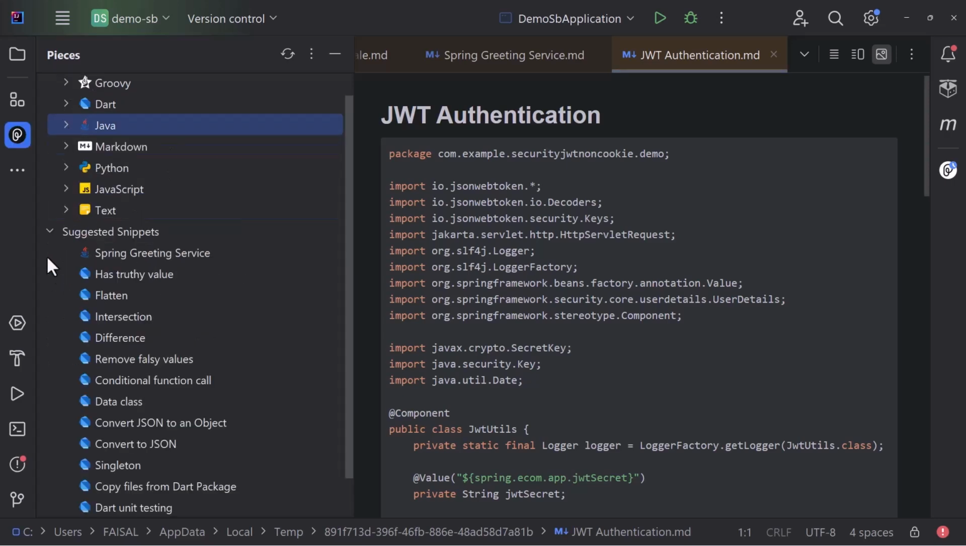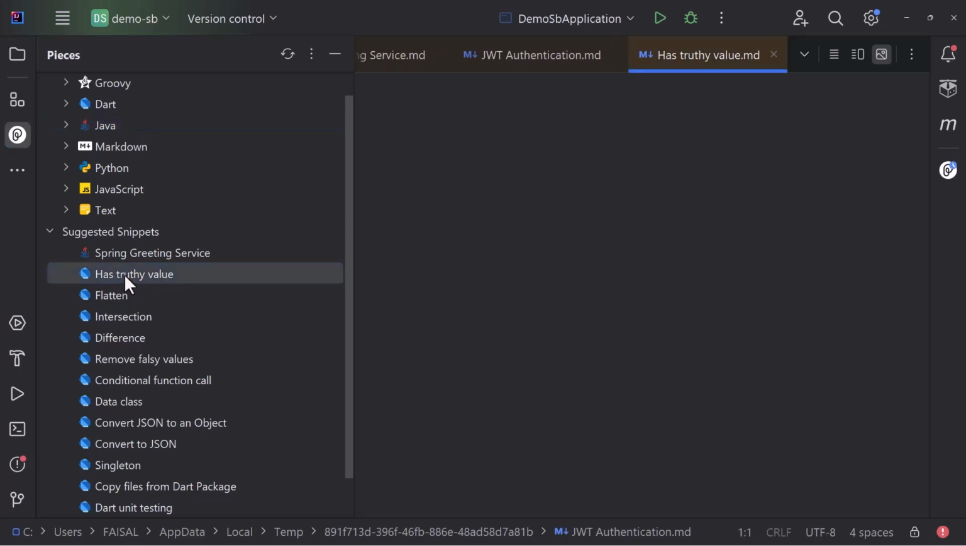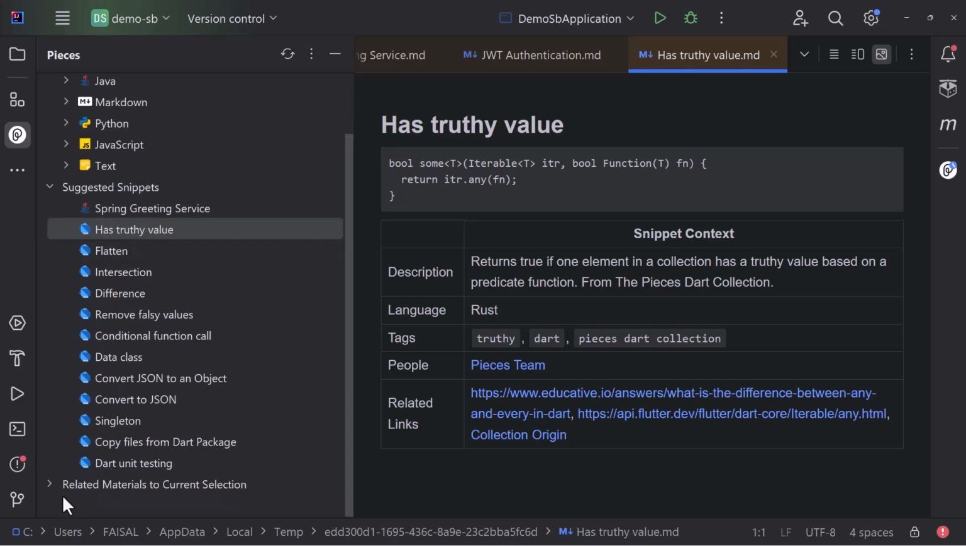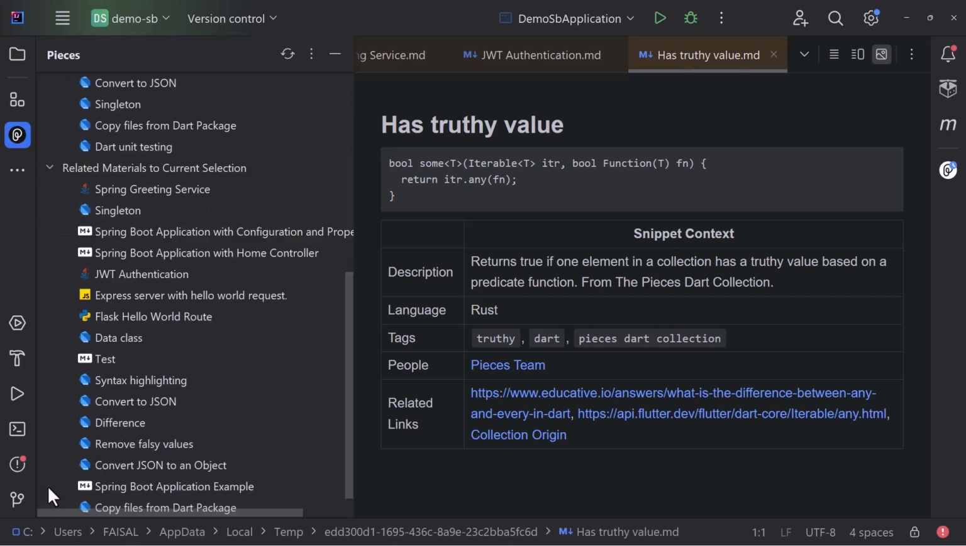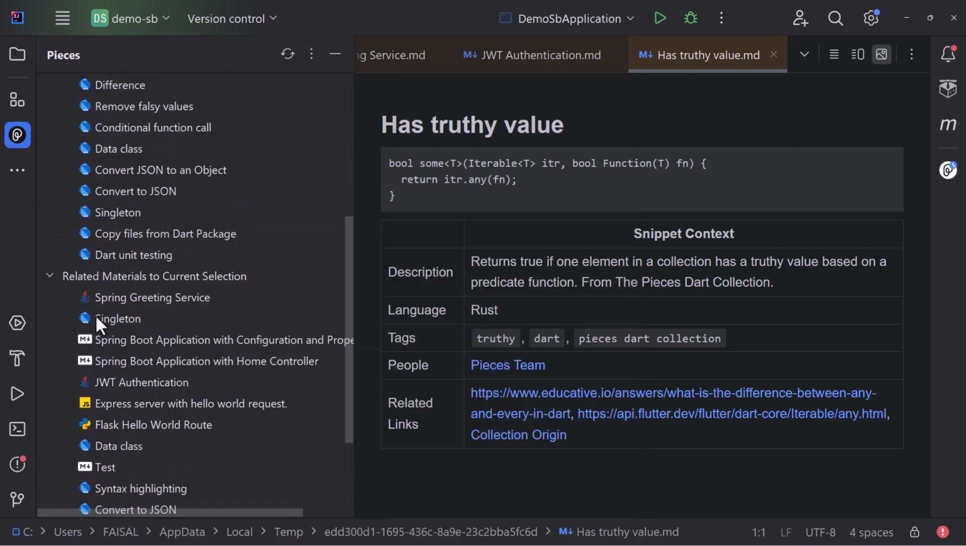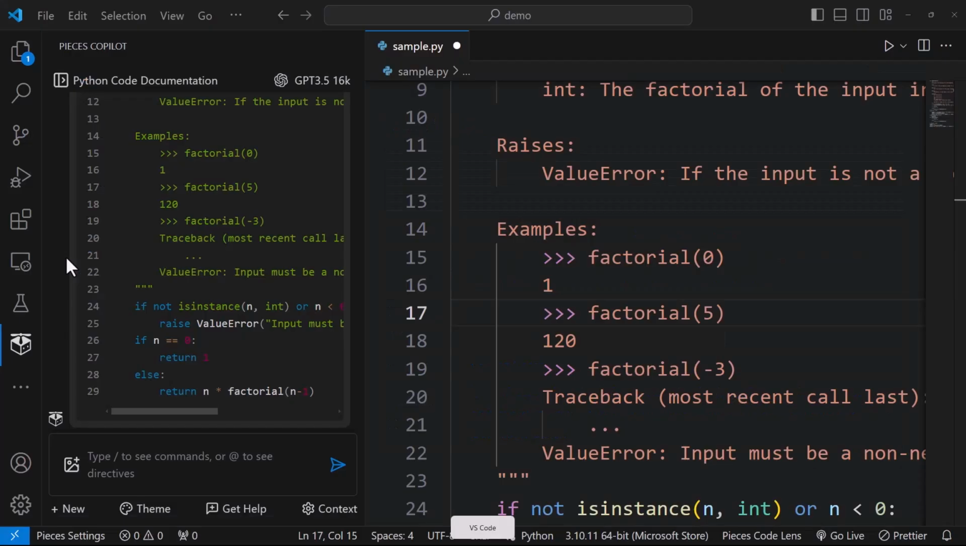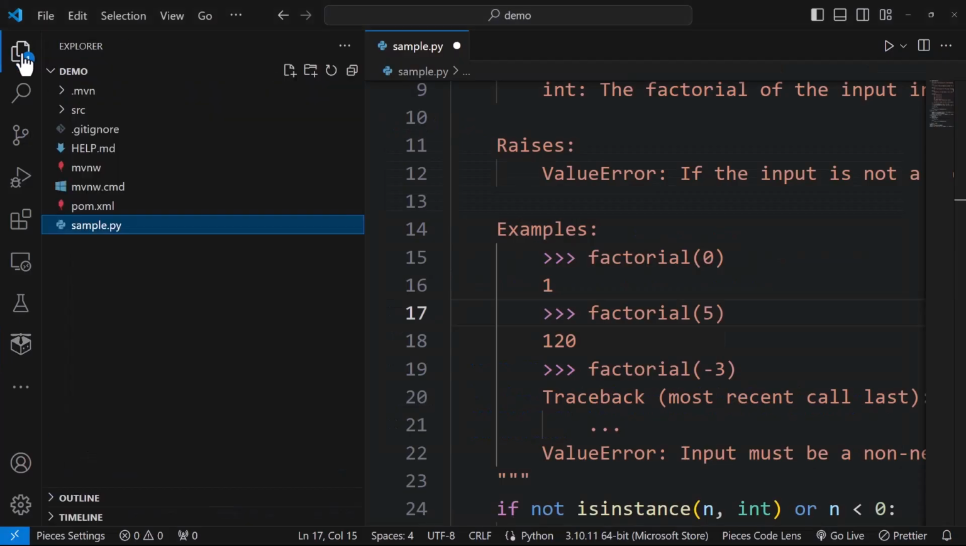All right. You also have suggested snippets over here, has truthy value. You can see this is a snippet being suggested to me, based on my activities and related materials to the current selection. It's also suggesting other materials related to what you have selected currently. So this is about IntelliJ, and also in Visual Studio Code here, if you head over to,